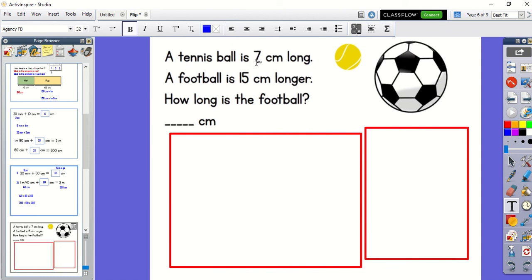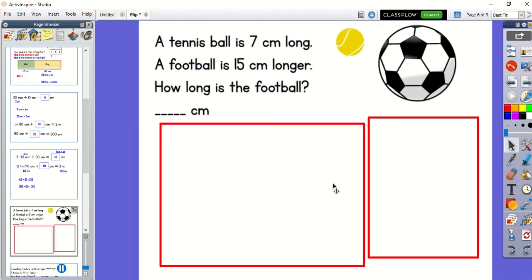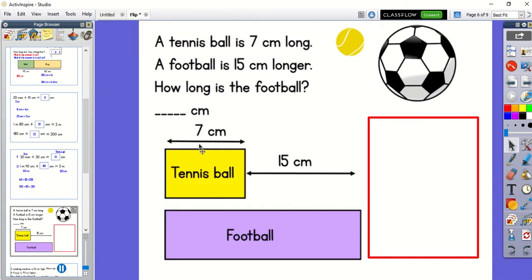It says a tennis ball is 7 centimeters long, but it says a football is 15 centimeters longer. Okay? So if you're thinking, oh, well, it says there it's 15 centimeters, that's the answer. It's not. It's 15 centimeters longer than a tennis ball. So I actually need to do 7 add 15 to give me the total length of the football, which is